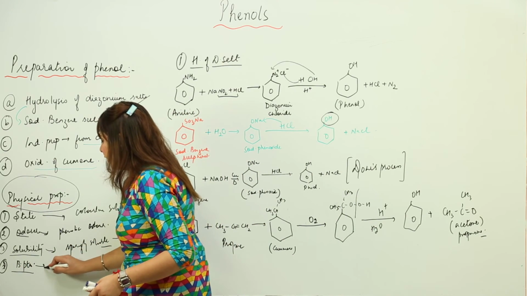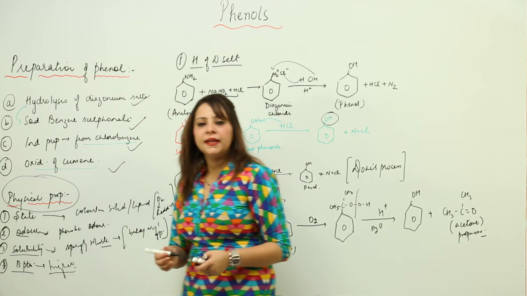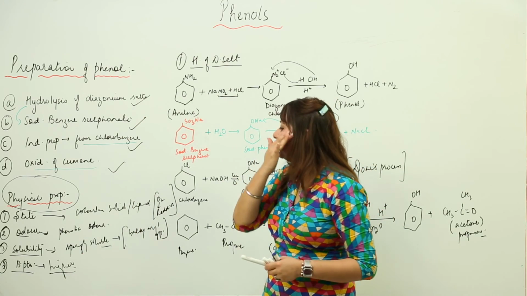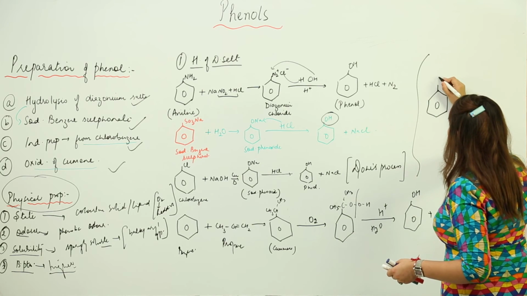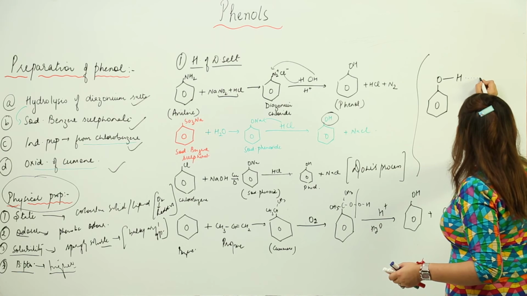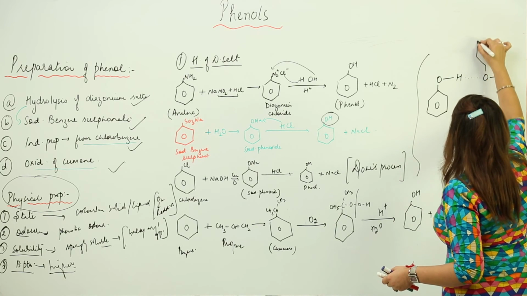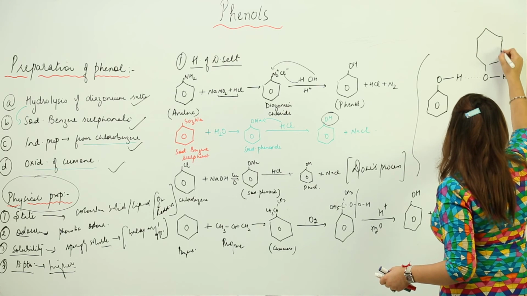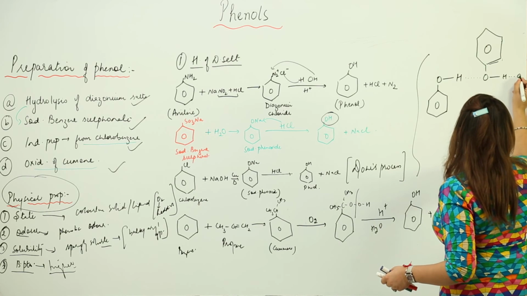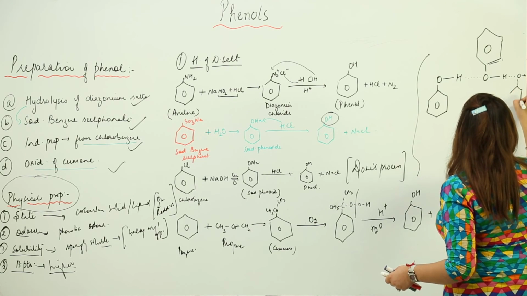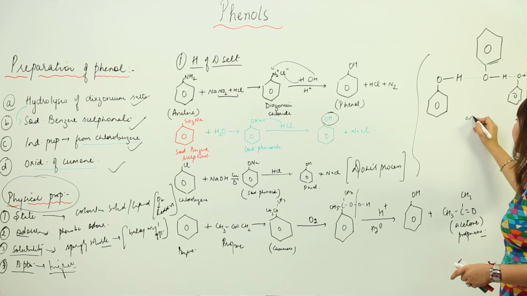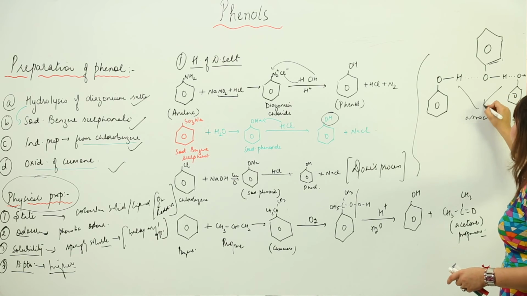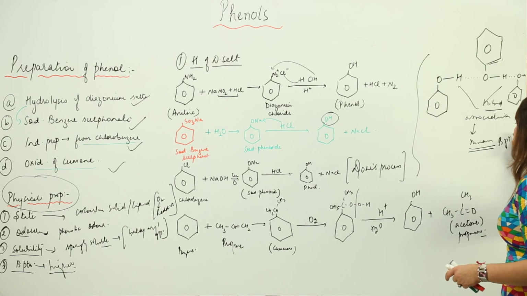Now next is the boiling point. You know that they have higher boiling points than alcohol. The reason being, if you see alcohol, phenol, like this is our phenol, we know that. So what happened? It gets into an association with another phenol molecule. So somehow you can say that its mass increases. As you can see, they do hydrogen bonding with the other phenol molecules, giving rise to an associated kind of structure, and due to this association they comparatively have higher molecular mass, and therefore their boiling point is higher as compared